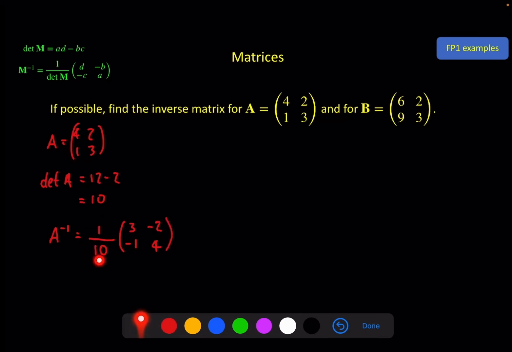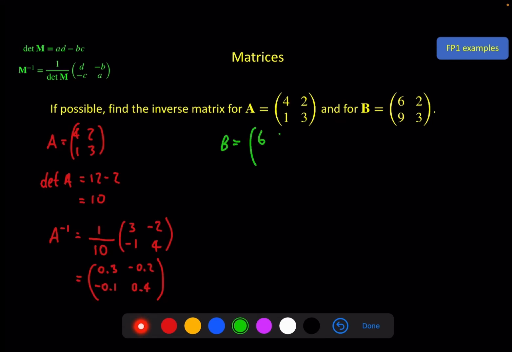And if this fraction in front is not too terrible, you can always choose, if you like, to put that into the matrix. So here we could have this. Sometimes if the fraction is really horrible, you would opt not to put it into the matrix. And that's the first one done. The second one, B,